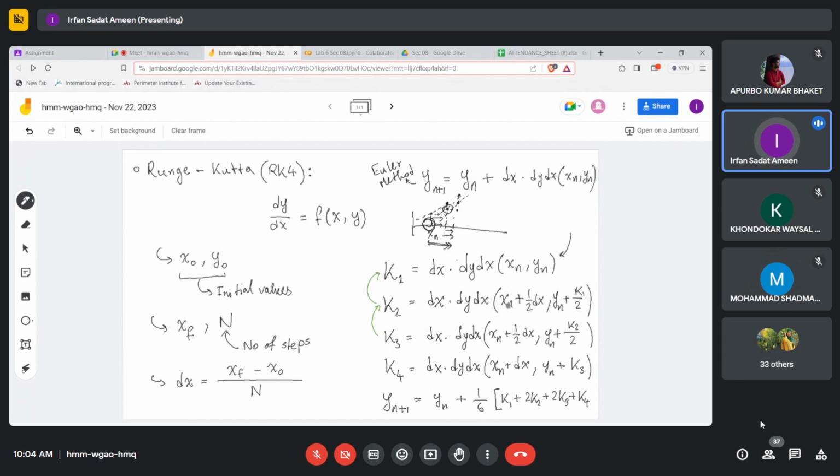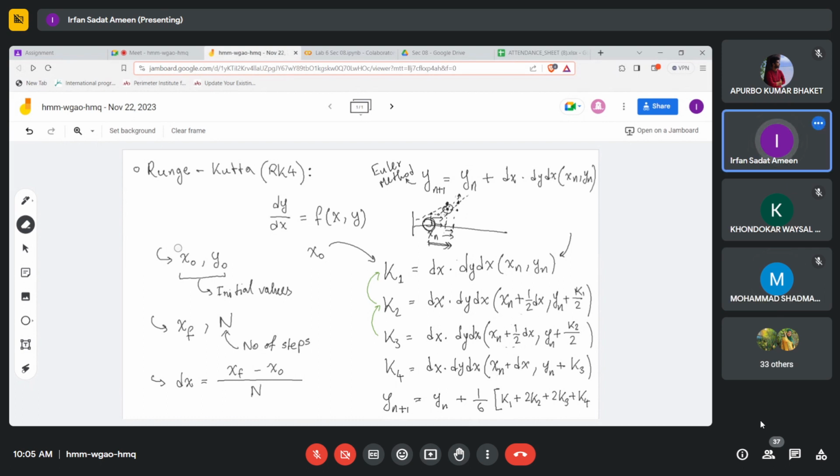ইয়েস, আর রিমেম্বার এইখানে যে xn এর হাফ ডিএক্স অ্যাড করছে, দুইবার অ্যাড করছে, এটা কিন্তু পার্মানেন্ট কোনো আপডেট করা হচ্ছে না। যখন প্রথমবার যাবে লেটস সে, তখন তো xn মানে x0 আর কি, ইনিশিয়াল ভ্যালু। সো x0 টাই কিন্তু প্রত্যেকবার থাকবে, মানে দিস উইল বি x0 এন্ড দিস উইল বি x0 প্লাস হাফ ডিএক্স, ওইটাও কিন্তু x0 প্লাস হাফ ডিএক্স, সেম ভ্যালু। সো এমন হবে না যে প্রথমবার xn প্লাস হাফ ডিএক্স হইছে, এর পরের বার ওই ভ্যালুটার পরের হাফ নিতেছি, না না না, সেম ভ্যালুটা। k2 এর যে x এর ভ্যালু এটা, k3 এর x এর ভ্যালু এটা, দিস আর দ্য সেম ভ্যালুস, বোথ আর ফর হাফ স্টেপস। ওকে স্যার।